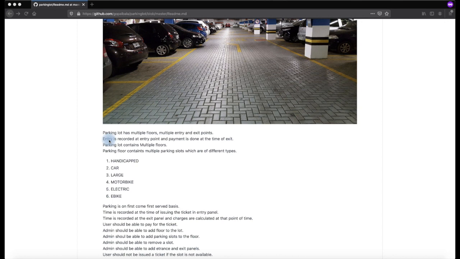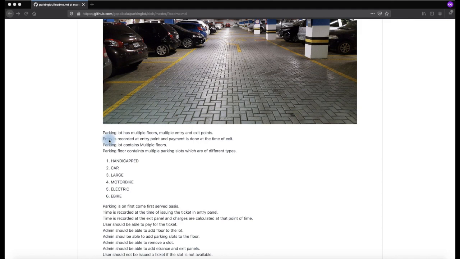A parking lot contains multiple floors, which is already said. The parking lot also contains different types of parking spots. So what are those types? That also is given in the statement. For handicapped, which is an abled parking spot, we can say a car parking spot, a large parking spot. For example, those spots would be used for the internal users, like a bigger van which should be able to park. It will be used for unloading and offloading of the services. So that also is taken into consideration.